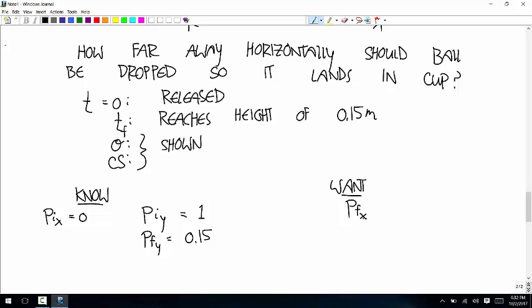So yeah, we do. So I said once before, I think on like a bridge problem or something, if the problem ever says something is dropped, then at the instant it's dropped, its velocity is the velocity of whatever it's dropped from. So if you're in a car going 50 miles an hour and you drop something, at the instant you let go of it, that thing's going 50 miles an hour horizontally. If you're in an elevator going up, the velocity is the velocity of the elevator. So in this case,